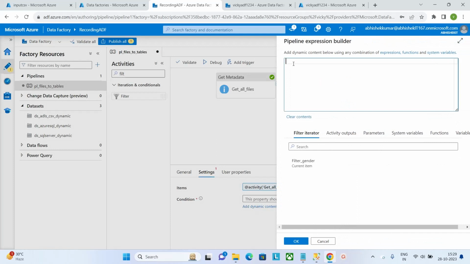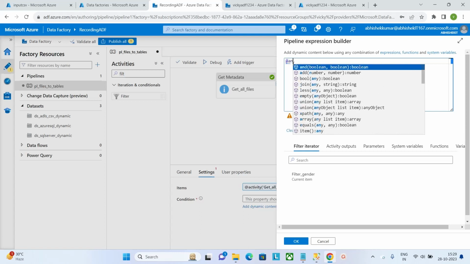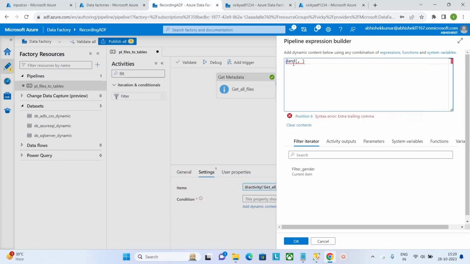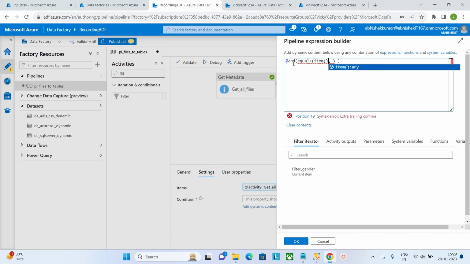What I need is only gender, so at the rate and in the condition we put and, equals, and here we put item dot type. It's file, right? So we just type file, item type file, then